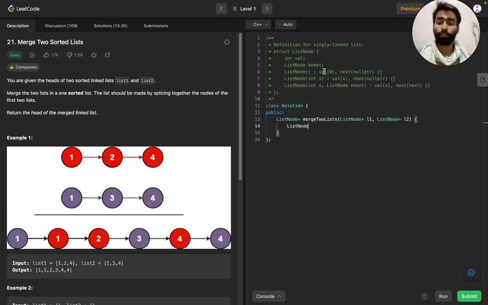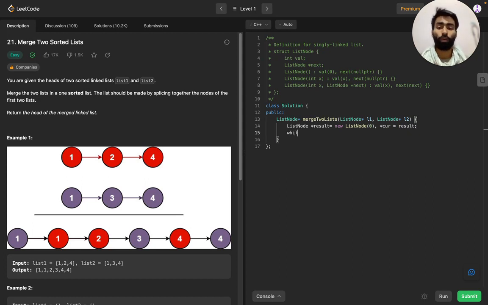So ListNode named result equal to new ListNode of 0 size, that is, its next pointer is null, and we will have a pointer current that will be pointing to this result.